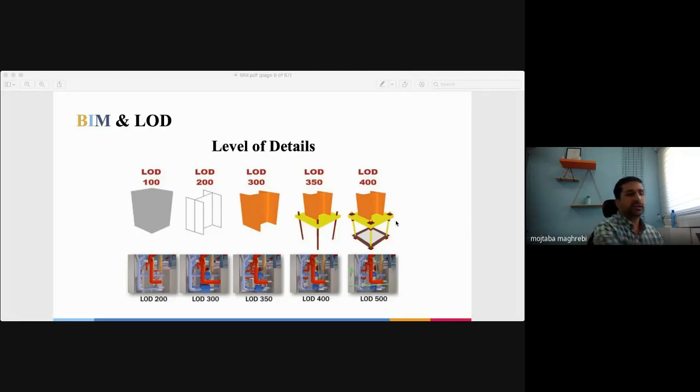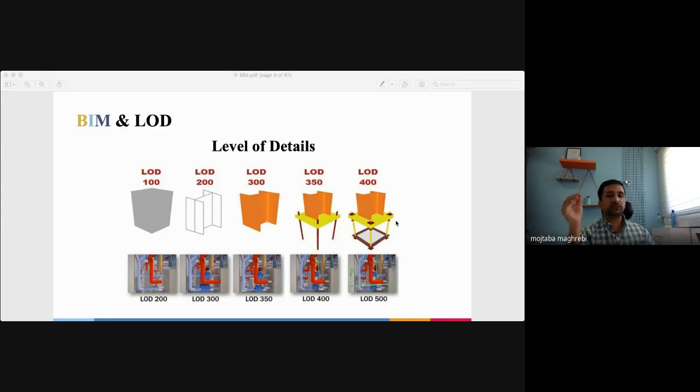And if you look at the bottom of the slides, you can see that we have a similar perspective for piping. At the end of the piping, you can see that we have a LOD from 200 to 500. What is the difference between LOD 400 and LOD 500?